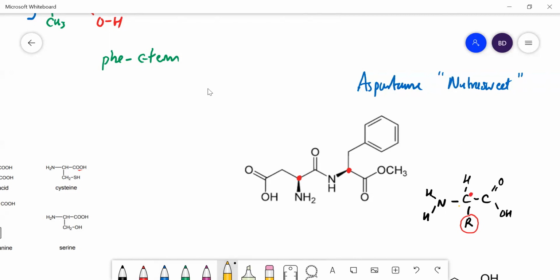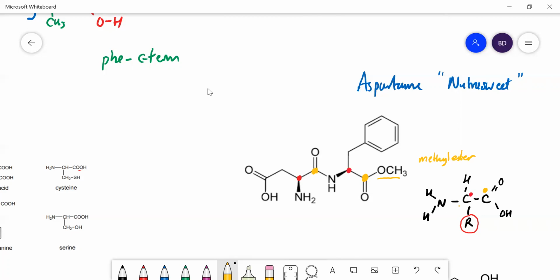Let's draw the C terminal ones with a yellow dot. Well, that's the end. Now you can see there it's not a free carboxylic acid. It's actually a methyl ester. So aspartame is not quite a dipeptide. It's a methyl ester of a dipeptide. Slight modification. Okay, and there's another one of those